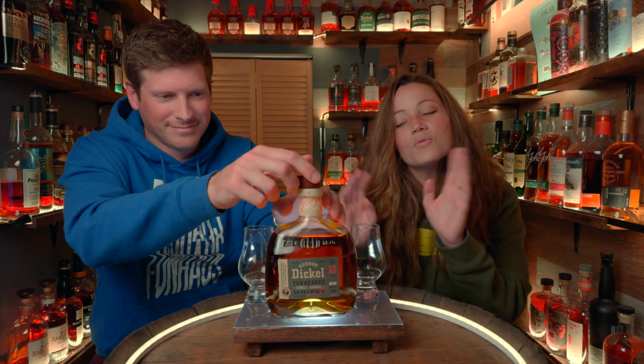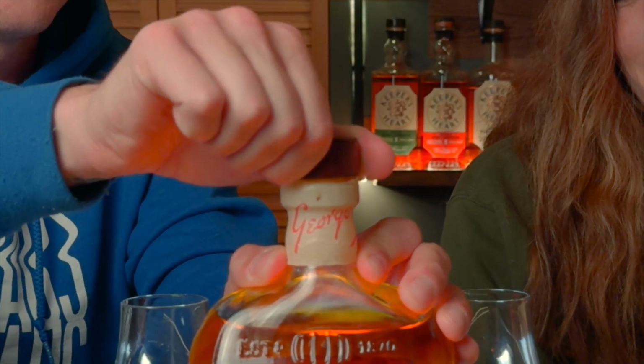Okay, you just do it. That sounded like the cork being pulled out of a Dickel bottle. I'm sorry, but that was as advertised. That was the smallest little...